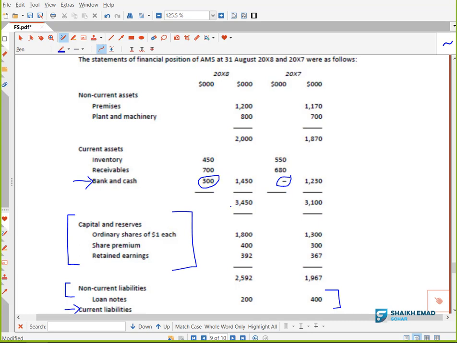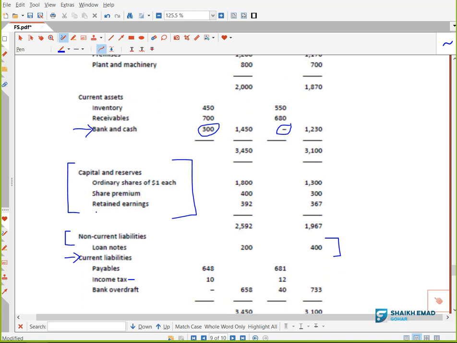right, in the asset. At the same time, you need to go to your current liabilities and check, is there any bank overdraft? Yes, there is a bank overdraft. So there was an opening bank overdraft of 40 and closing is 0. I hope you are getting the story. So I was minus 40 in the bank at the start of the year, and closing I went positive 300. It means by how much I have increased? From minus 40 I came to positive 300. It means I have increased by 340 or not?